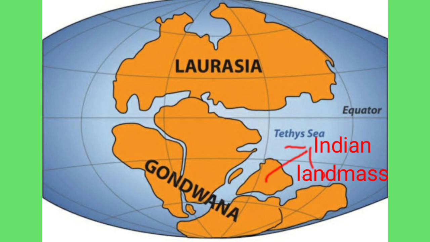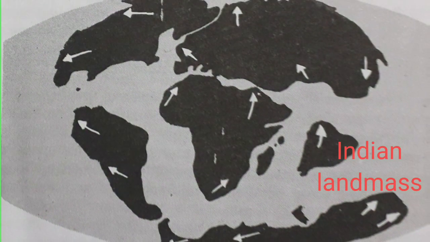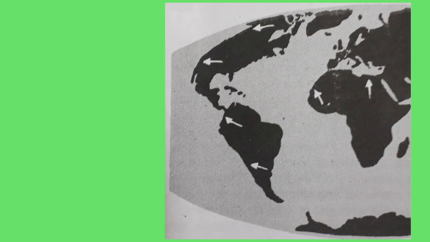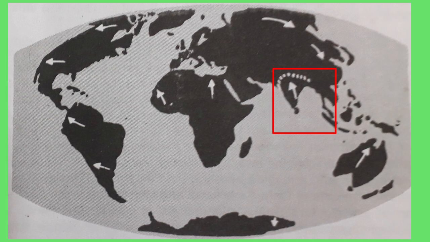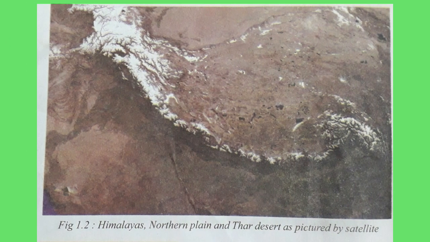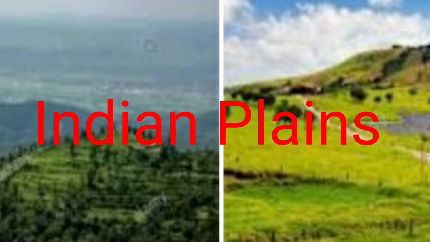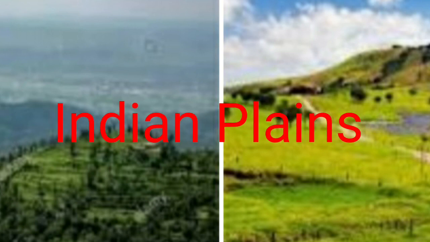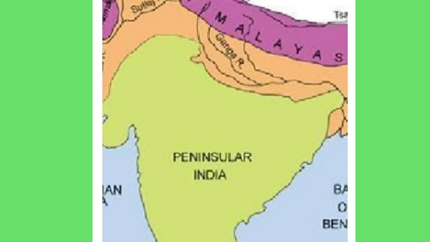Over 200 million years ago, this Gondwana land split into pieces, and the Indian peninsular plate moved towards the northeast and collided into the much larger Eurasian plate of Angara land. Because of this collision and the immense compression force resulting, the Himalayas evolved through a folding process over millions of years. The Himalayas divide the Indian plains from the Tibetan plateau, and the peninsular plateau also breaks off the Indian plains from its northern corners.